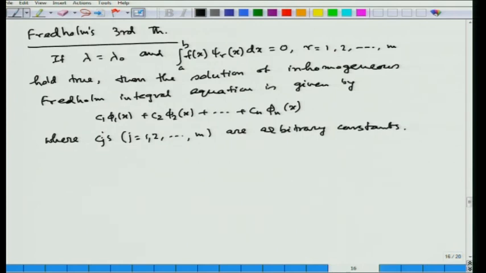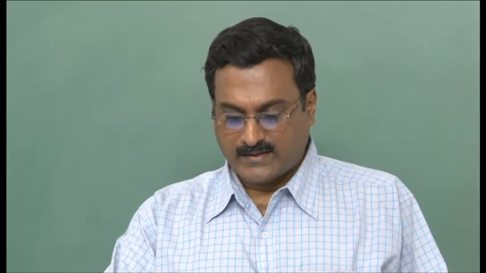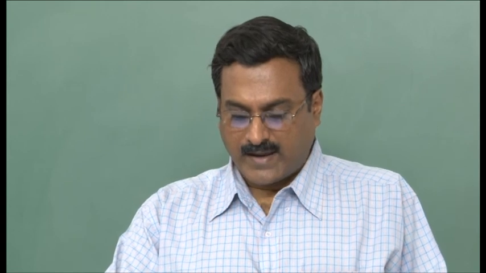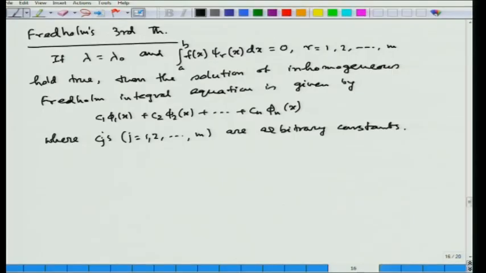So, these are actually the three Fredholm theorems associated with the Fredholm integral equation of the second kind. In case lambda is not an eigenvalue of the associated homogeneous problem, and f(x) and k(x, s), that is the kernel, are continuous over the interval (a, b), then we have a unique solution. And in case lambda equal to lambda 0 is an m-fold eigenvalue, a zero of delta(lambda) of multiplicity m, then we will have m eigenfunctions.